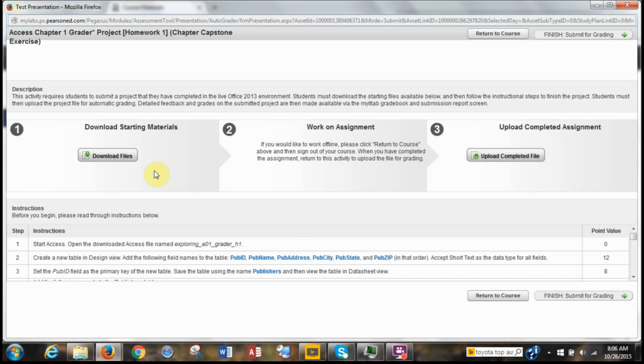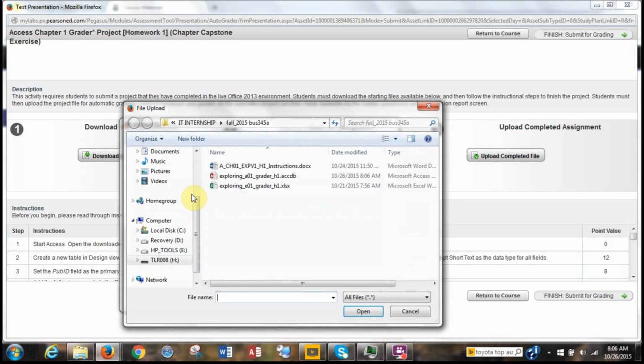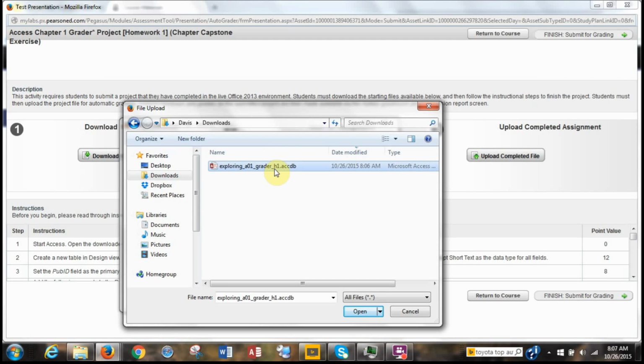And now we've already downloaded the files and completed it. We've worked on the assignment. Now we want to upload our completed file. So we want to browse, and now you have to remember where you ended up saving it. For me, mine was in the downloads folder. So I'll go to the downloads folder, and that's this right here. So I select it and then click open,